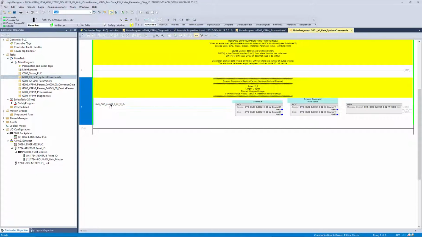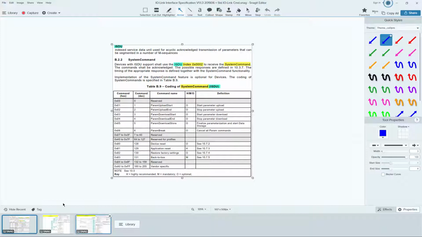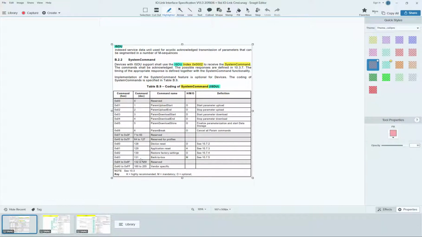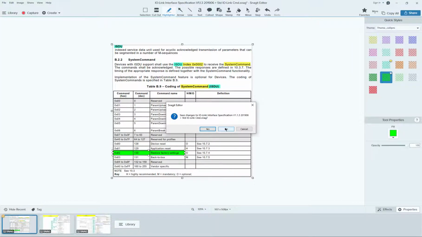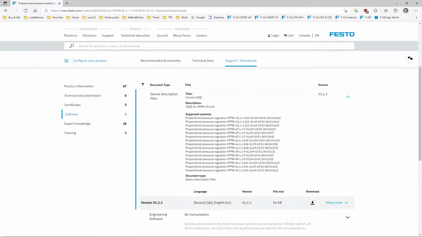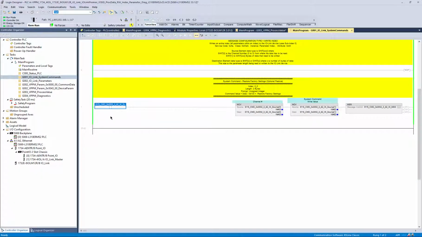This is not mentioned in the user manual, but if you open up the IO-Link specification, I've taken an excerpt from it here. Index 2 is the send system command, and the 82 hex is the restore factory settings. So if you navigate to here and we actually send this command,